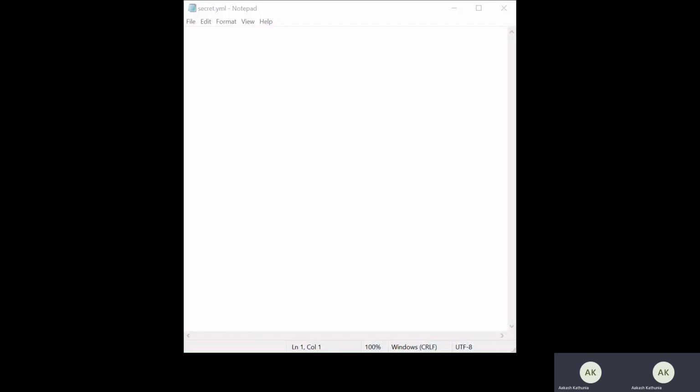And to write the secret code, this will be the same format I need to use: apiVersion: v1, then kind. Here kind will be Secret, then metadata, and here name will be my-secret. Let's take any name. So I have taken my-secret, and then I am using data. Inside the data, I can define any variable, and inside this, I am defining the password. So the Red Hat password that I have defined, I am putting inside this variable.